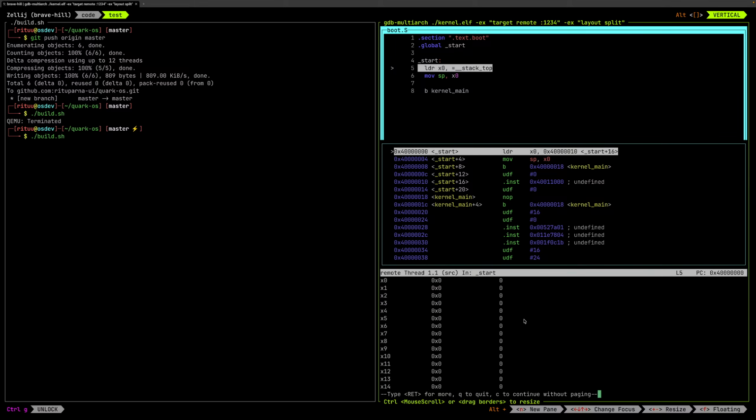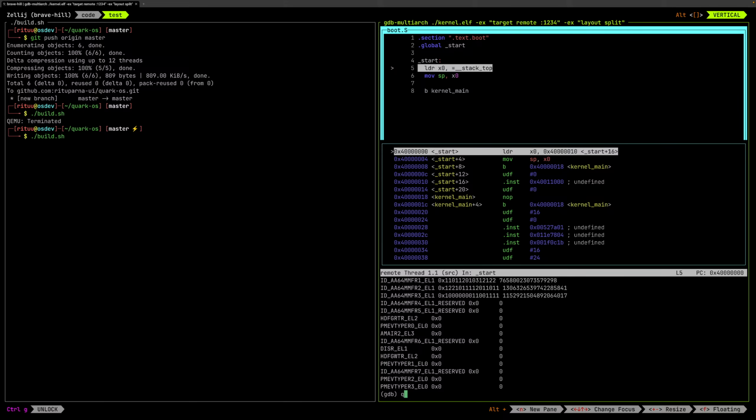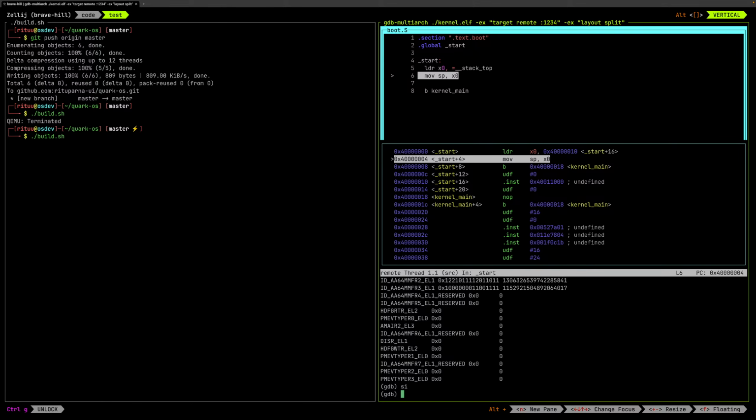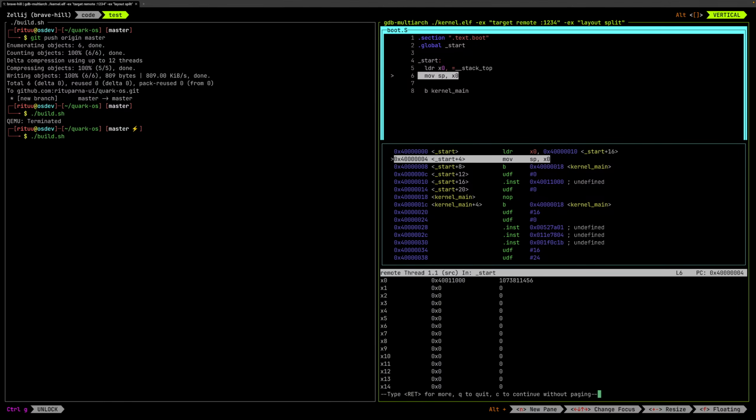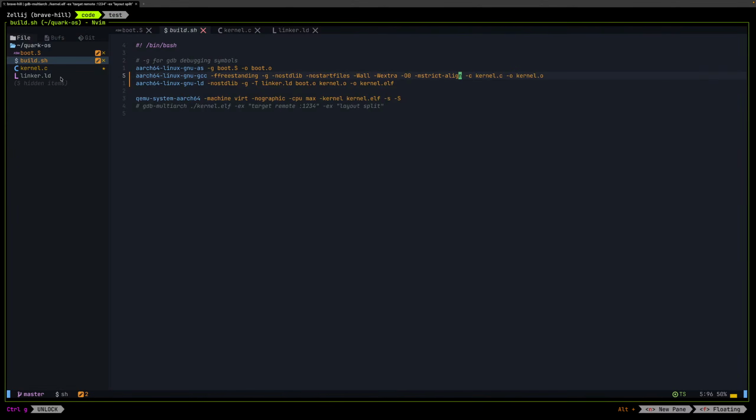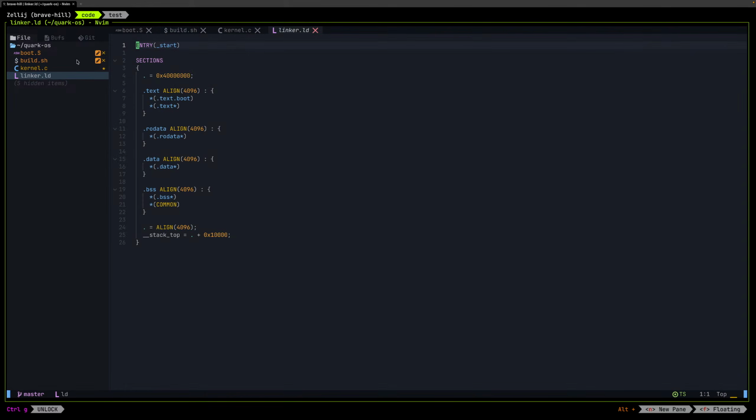Okay, using info reg, I can see the register values. As of now, the value of x0 is 0. Let's step instruction and now check info reg. Okay, so x0 has some value, that is the address of stack top that we defined in the linker file,